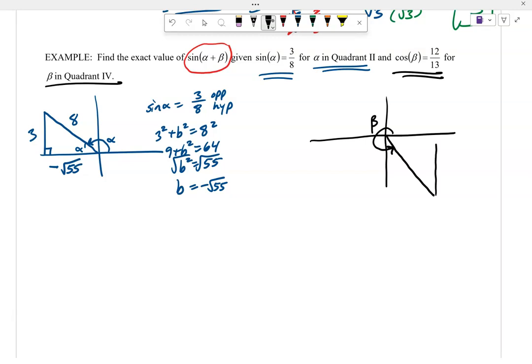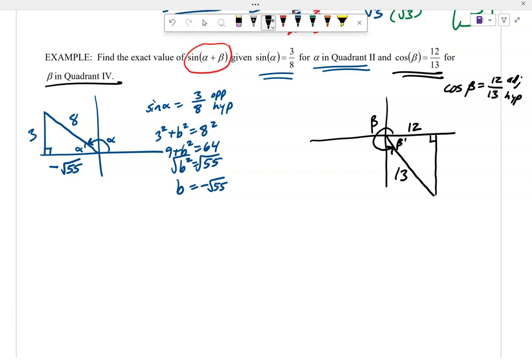I'm going to go right back to the x-axis. I'm going to draw my triangle. I'm going to use the fact that the cosine of beta, they tell me, is 12/13. Well, remember, cosine's adjacent over hypotenuse. So I use beta prime to fill in my right triangles. So cosine beta, the adjacent side right there, 12, and the hypotenuse is 13,